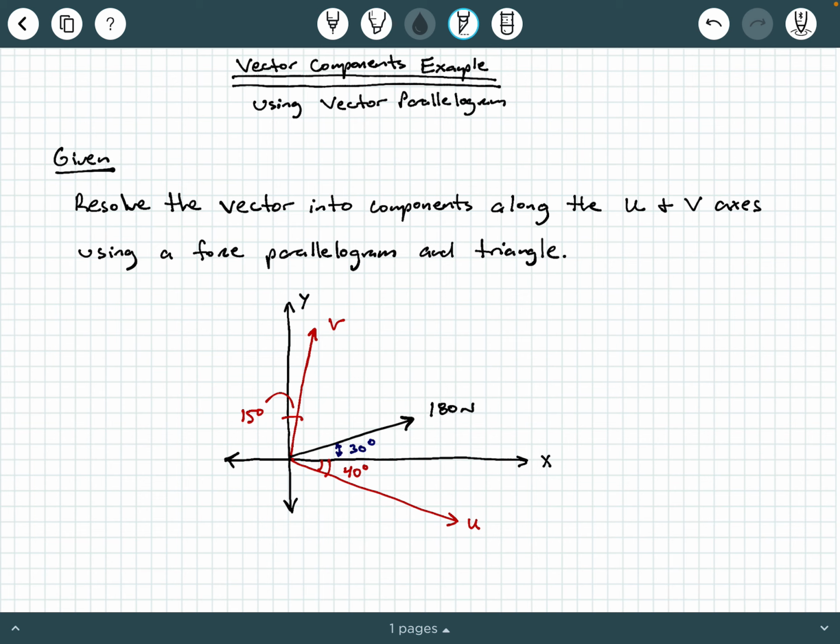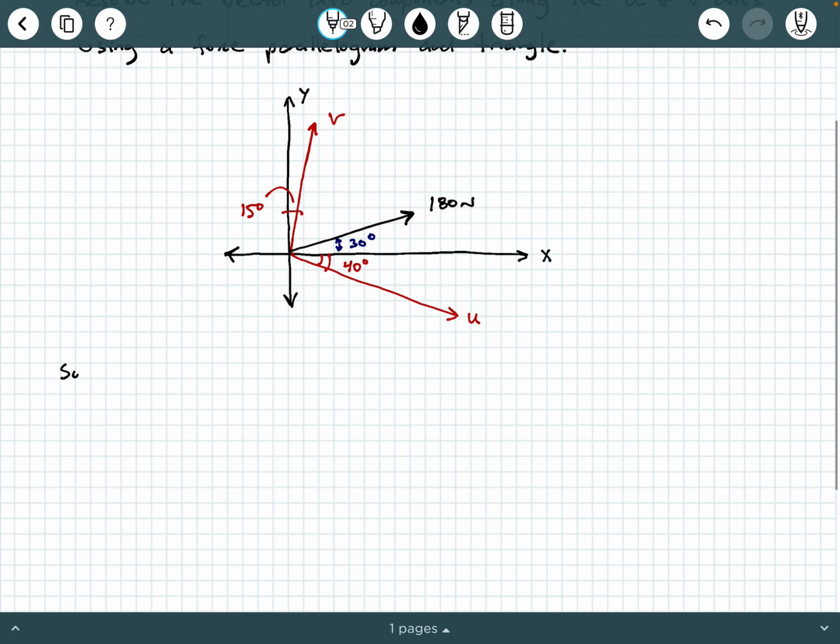So ultimately what we want to do is take this vector, 180 newtons, and decompose it into a component along this v-axis and another component along this u-axis. And we want to do that using a vector or force parallelogram and accompanying triangle, okay? So let's go ahead and get started. I'm going to start with writing solution here, and I'm going to make a note here. I'm going to say let's begin